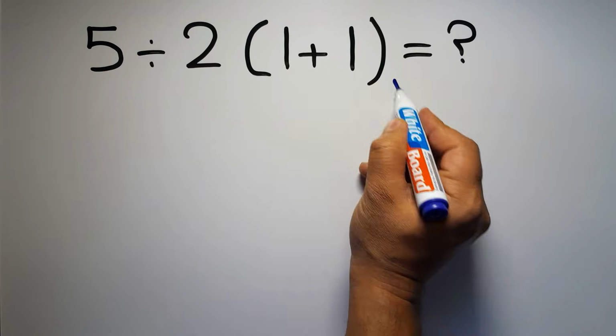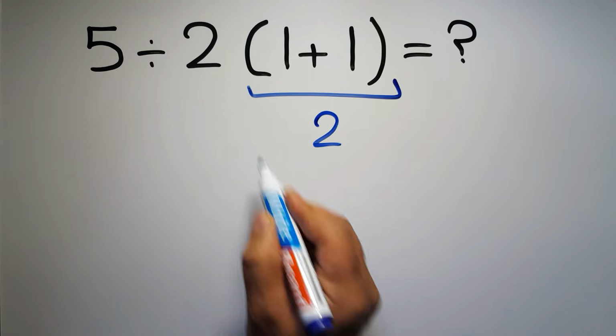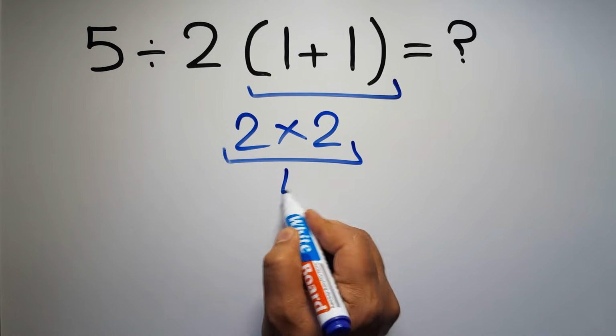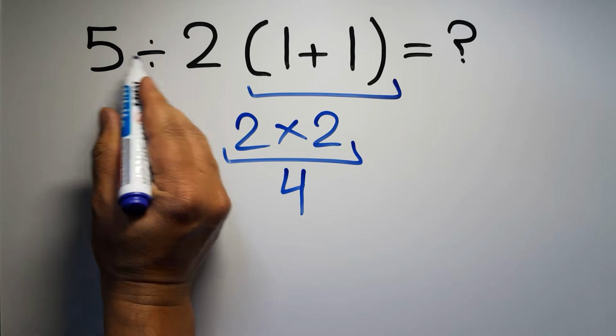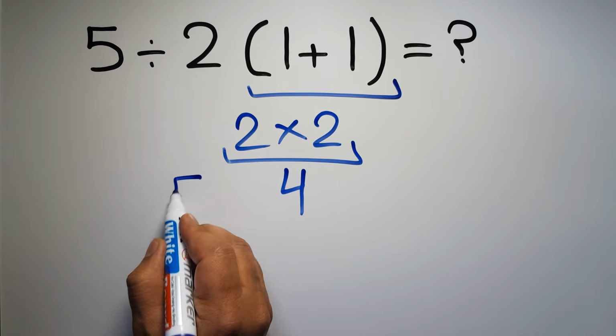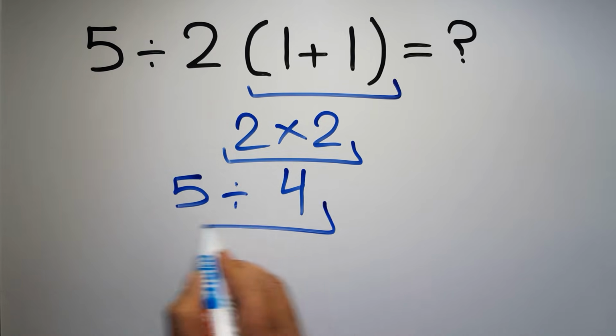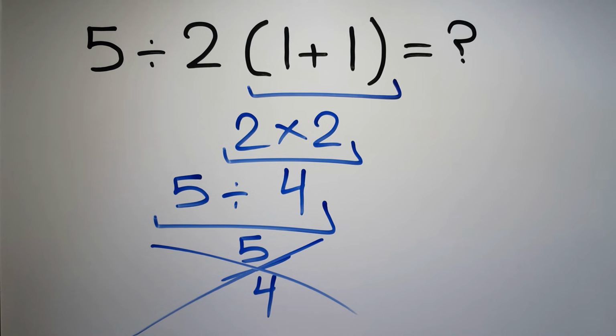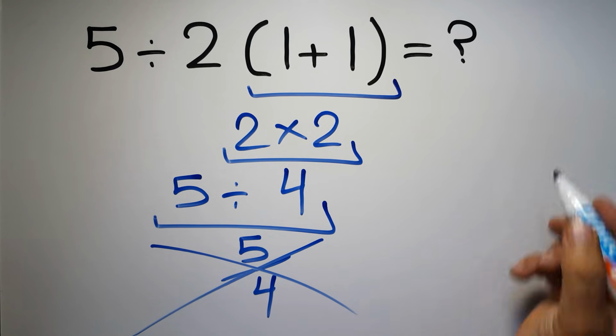1 plus 1 equals 2. And 2 times 2 gives us 4. So 5 divided by 4, or 5 over 4. But this answer is not correct, because according to the order of operations, first we have